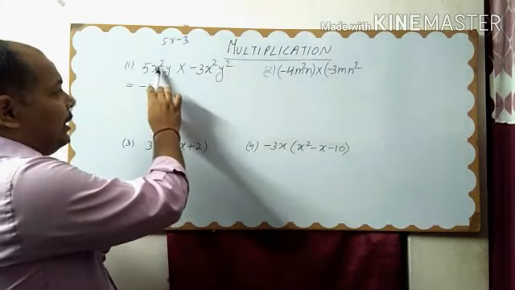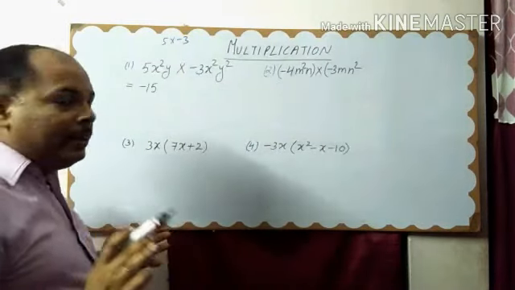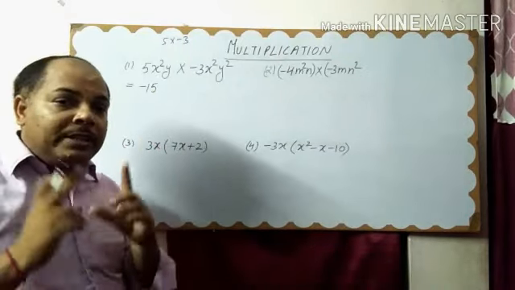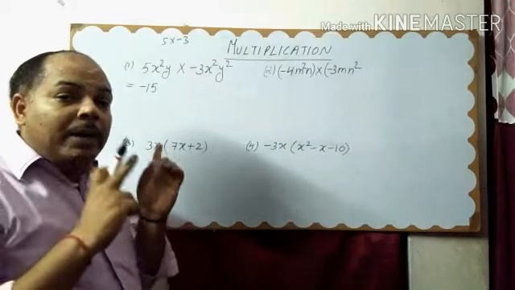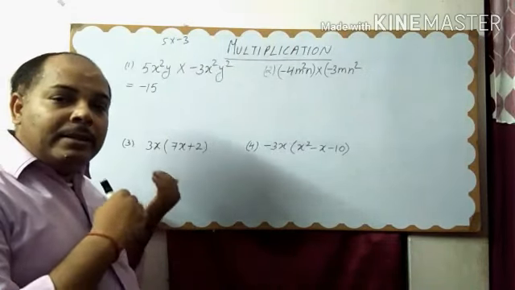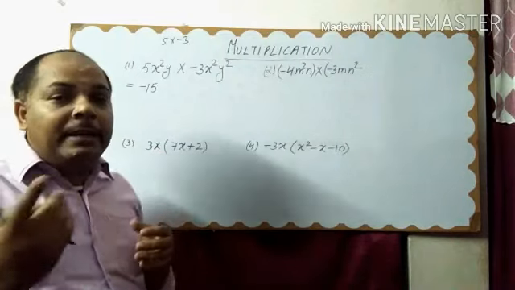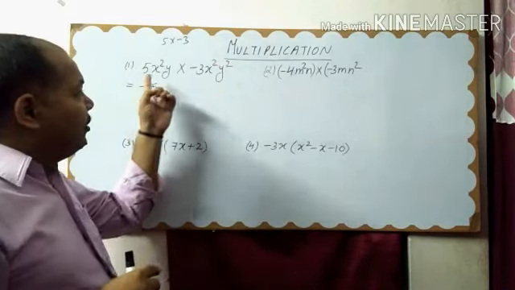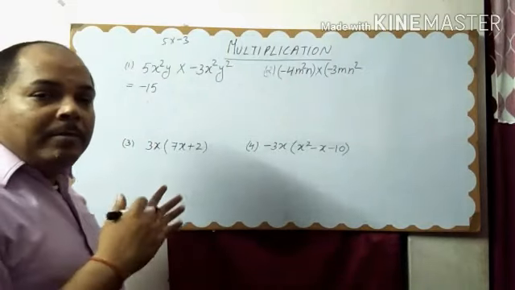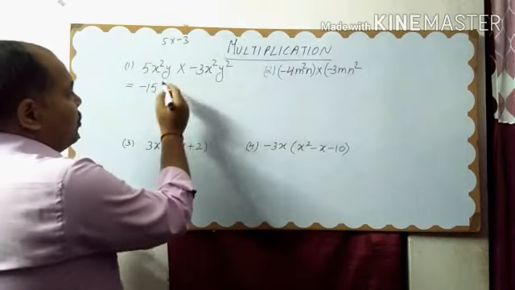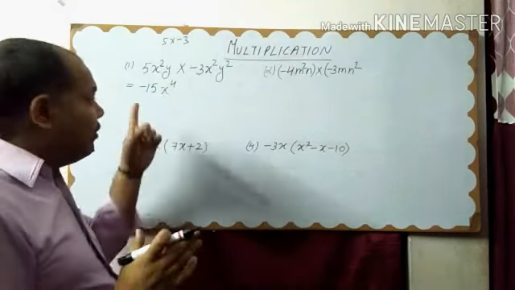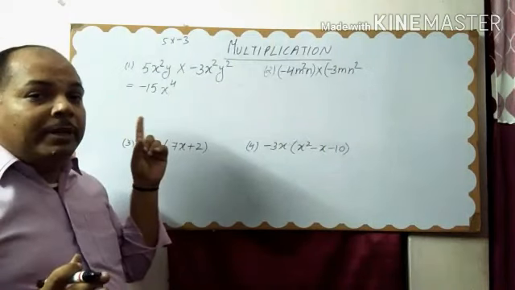So we will multiply x square into x square. Clear? Whenever you multiply the literal coefficient, understand that the power should be added in multiplication, and the power should be subtracted in division. So here we are going to do the multiplication. We will add the powers here. So it will be 2 plus 2, 4. So x to the power 4. In the exponent chapter you have understood properly now.